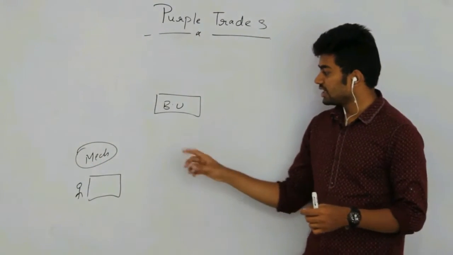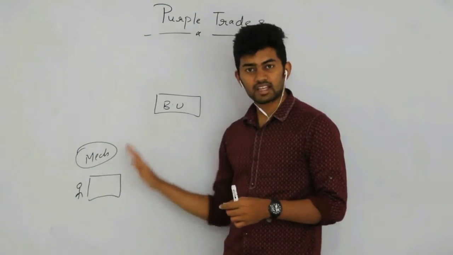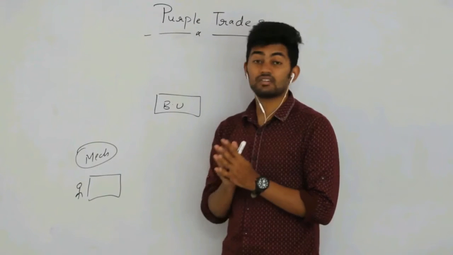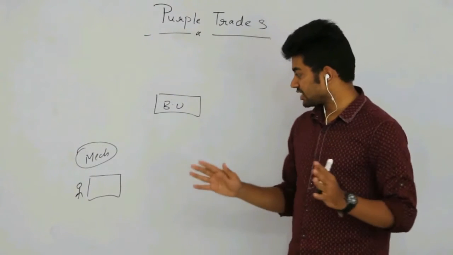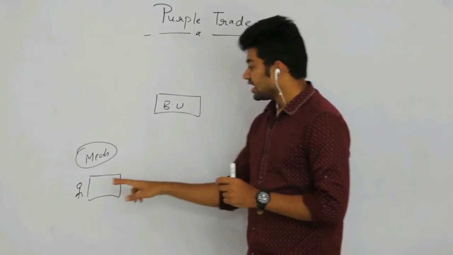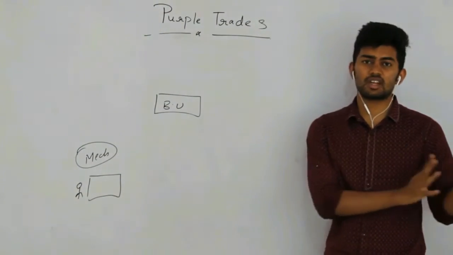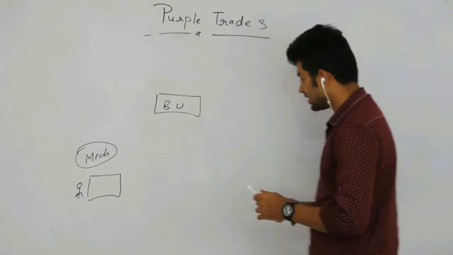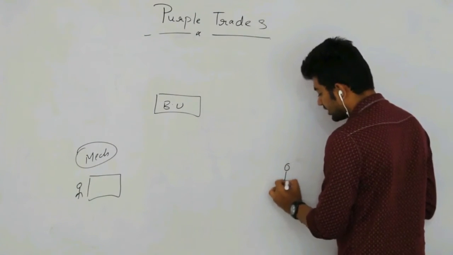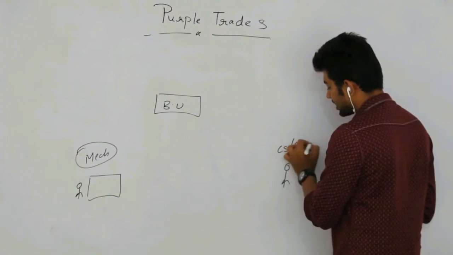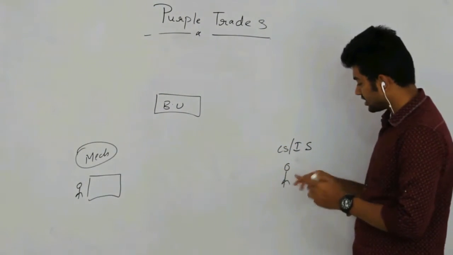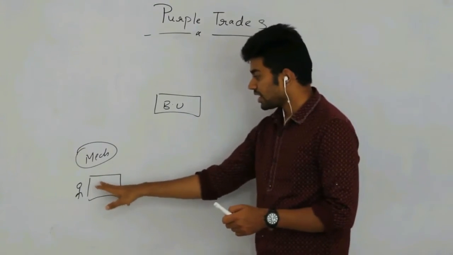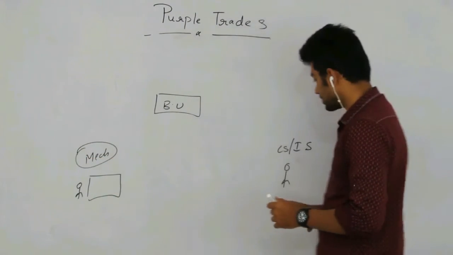To do that, he has to either drop out of mechanical engineering and start again from the first semester. That will lead to a wastage of a year. Else he can find a guy from the CS or IS branch who is willing to swap his position. That is, he needs to find a guy from the CS or IS branch who is interested in the mechanical branch and is also willing to join the mechanical branch from the second semester onwards.